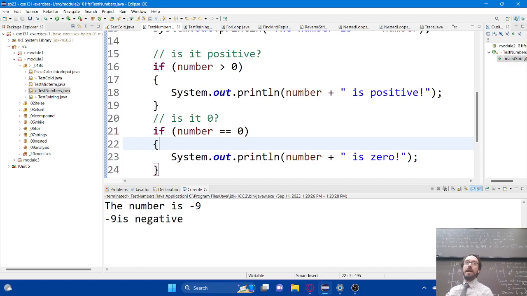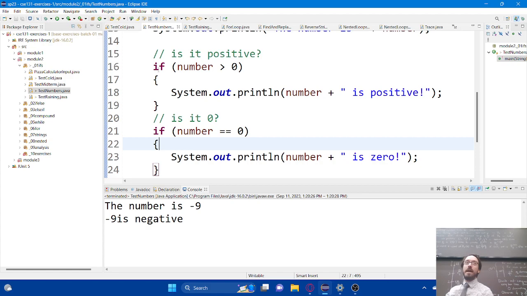Any questions about else's or else ifs? So else's are optional. You don't have to have them. We've seen ifs without else's. We've seen ifs without else ifs. You can have an if statement with an else if with no else on it. What I want you to understand is that if you chain if statements together like this, you're going to pick exactly one option, right? If else is on there, you're going to pick exactly one option. You're always going to be doing one of those things, whichever one you find first.